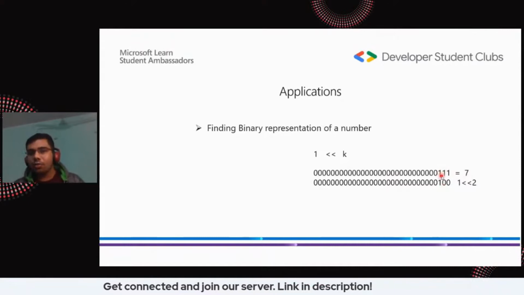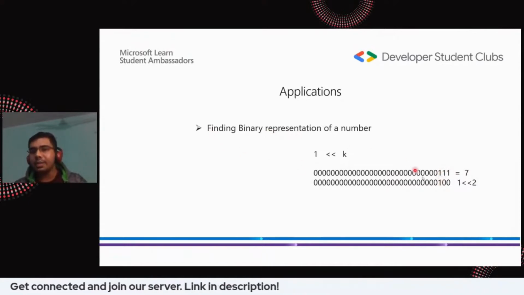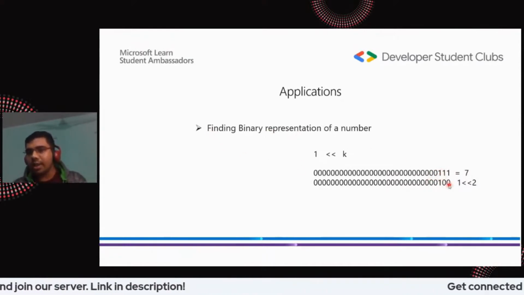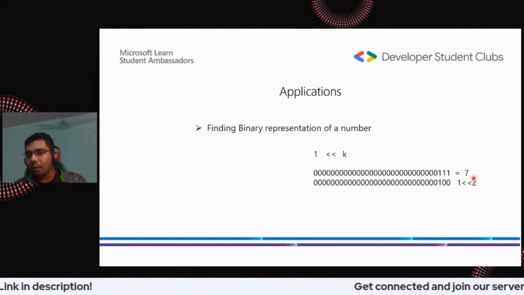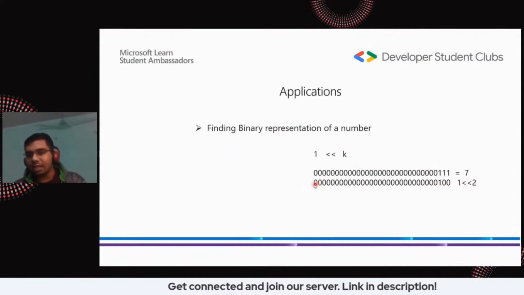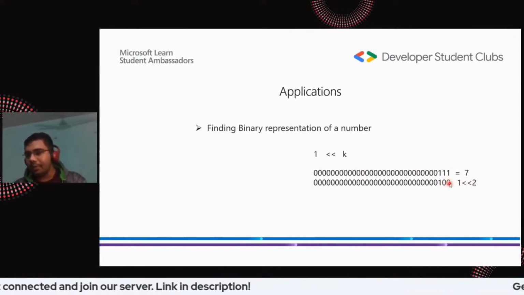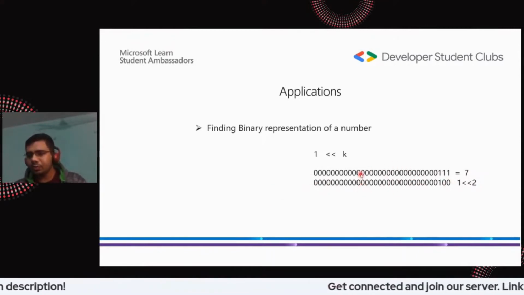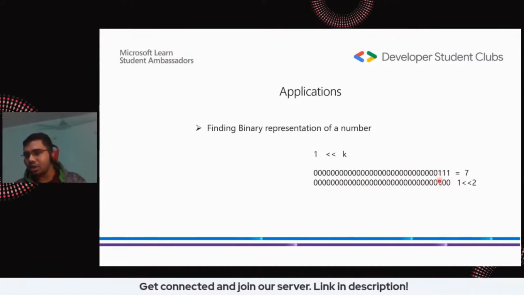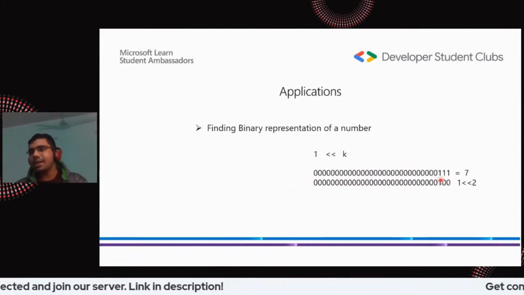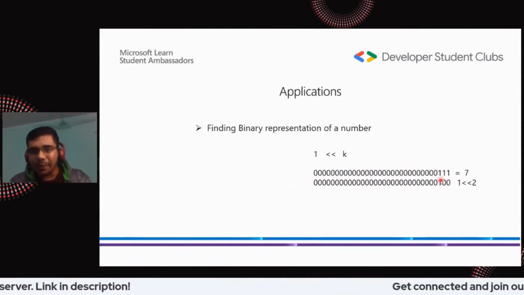So if we are trying to find the binary representation, suppose we run a loop over this exact k, where we keep changing k from 31 till 0. And we again and again do an AND operation. If we do an AND operation and place this 1 at various positions, can we find a result? Let's understand it in a bit more detail.